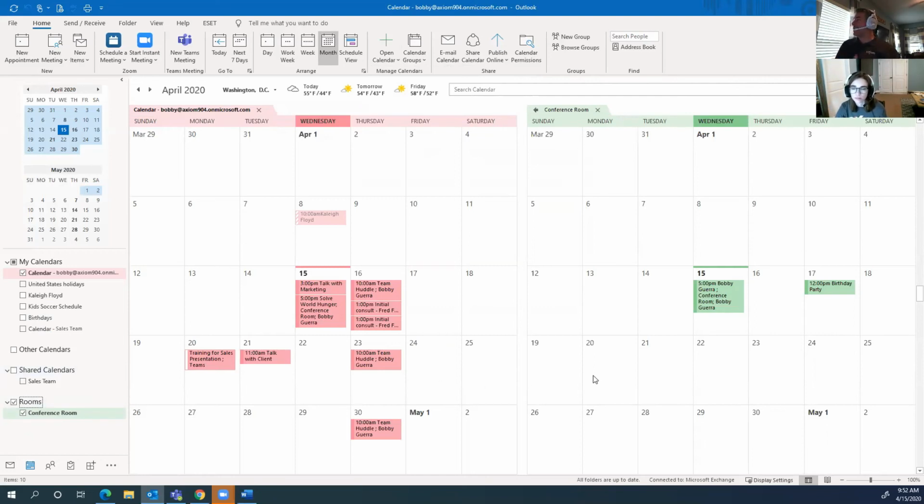But it doesn't have to be just a conference room. It could be some type of shared resource. It could be AV equipment. It could be a laptop that you use for some process. Maybe you're a law firm and you want to use it for discovery meetings or depositions, and you're trying to make sure you know who has the ability to use that laptop. It doesn't have to be just a room. Really open your mind to think about the possibilities. That way other people can see, and this allows you to collaborate.